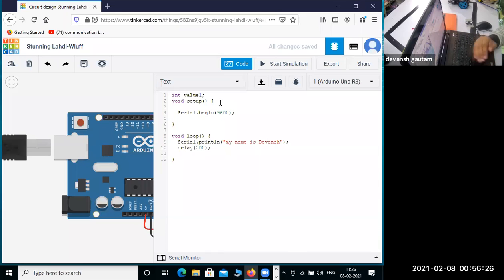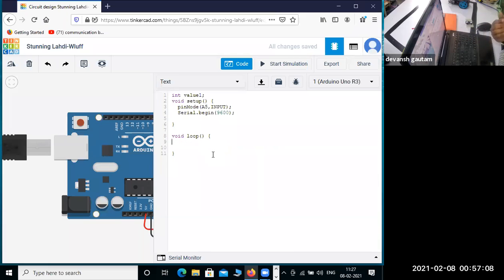Now we will set up our pin. We'll say pinMode. This tells us which pin we are using. We are using the A5 pin, so we say A5, and we are using it as an input. So our Arduino is taking A5 as an input. Then we begin the serial monitor. If I just remove these two lines, they are not needed right now, and this is not needed right now.